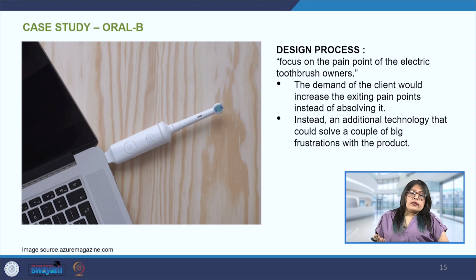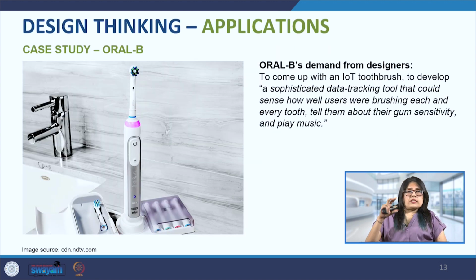So rather than the original need that the client had mentioned, they suggested two features that they felt would be more useful and more desirable by the user. One was around charging the toothbrush, and the other was the replacement of heads. Now in the previous slide we saw how the toothbrush has a charging pod. The toothbrush sits on this charging pod when you are within the house, and it charges up for a specific number of uses.